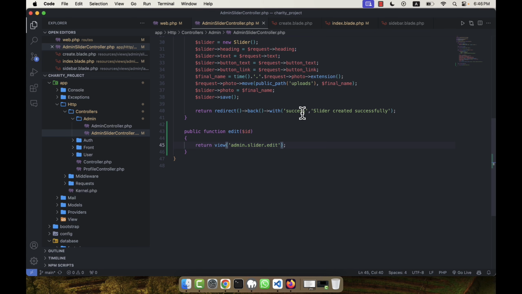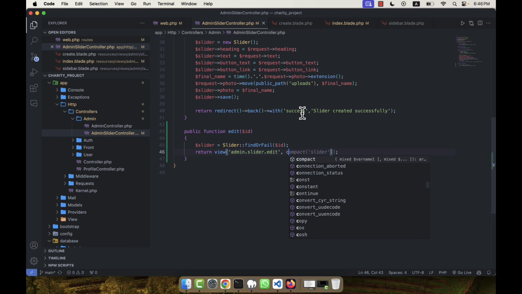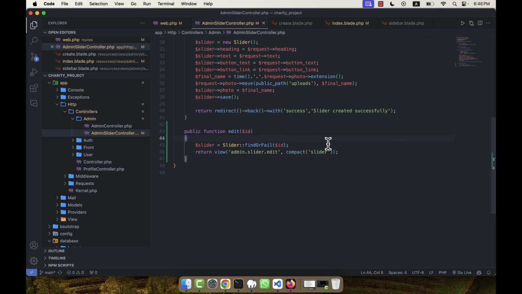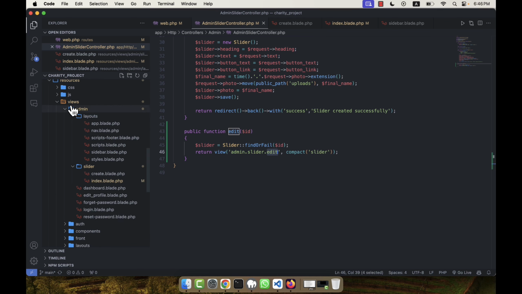and here I am going to pass the data in there, that is the edit, right? Or not like this, I am going to check all the data from the slider table. So here id equal to this, so here slider equal to this is the slider data, for example. So here I am going to pass this into compact, and this is the slider. Okay, now I will have an edit file in my view slider, and here this will be